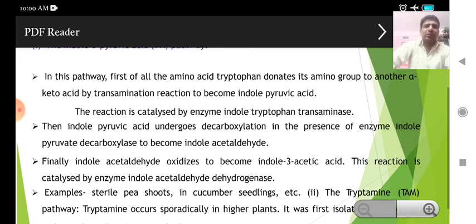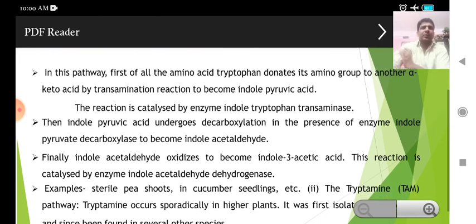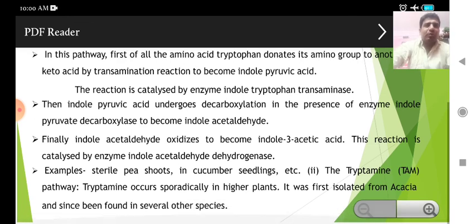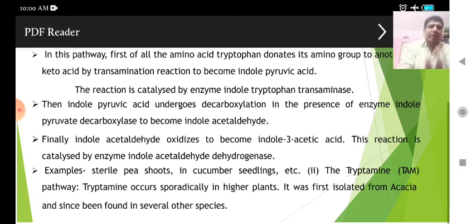In this pathway, indole pyruvic acid has been formed by the transaminase enzyme. Finally, indole acetaldehyde oxidizes. In the previous slide we had seen these two